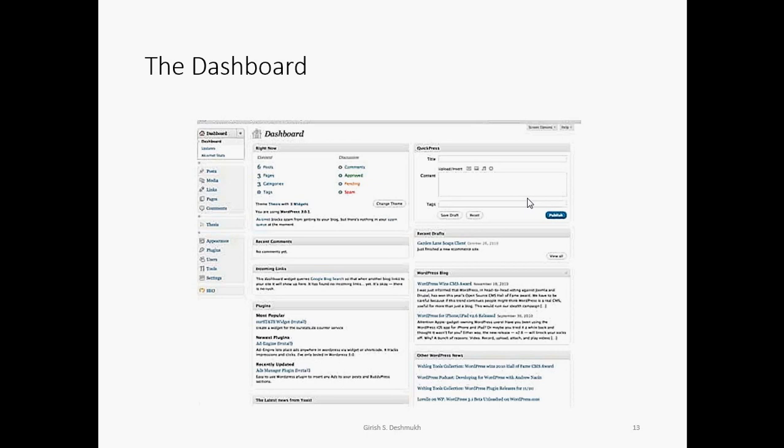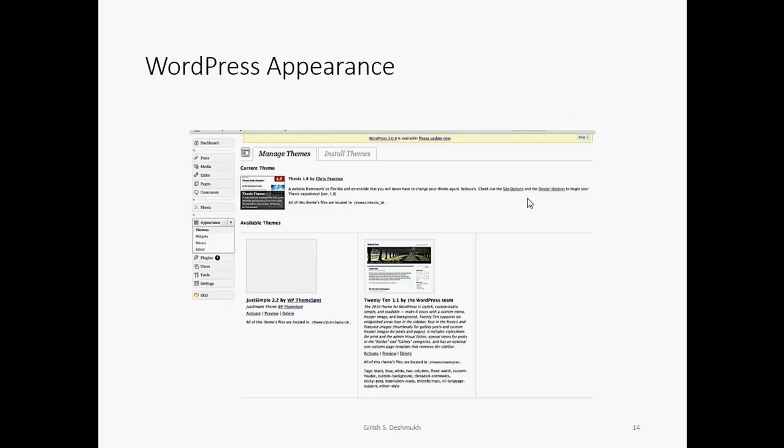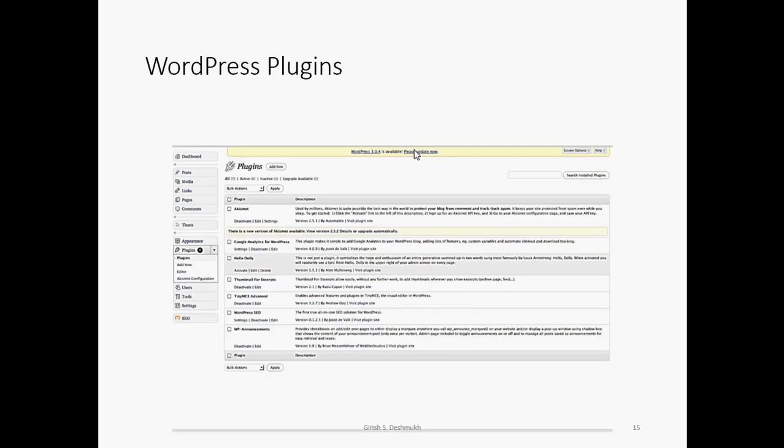From this dashboard you'll come to know how many pages there are and how you can manage the content of the pages by clicking one by one. So this is a glance of the dashboard. Now this is how WordPress appears. Here we have chosen one theme. This theme is displayed here, and we can manage it. We can change it, or you can install a new theme.